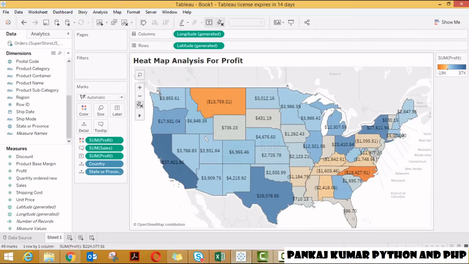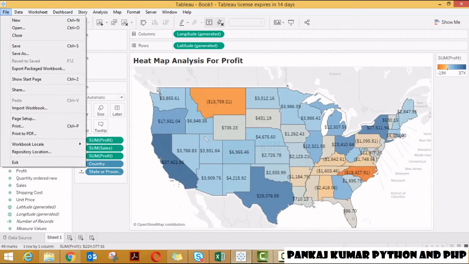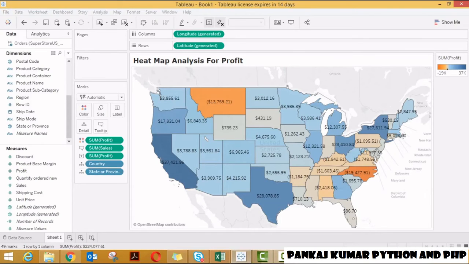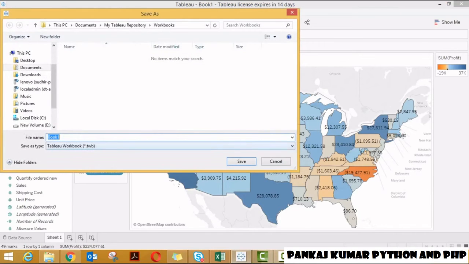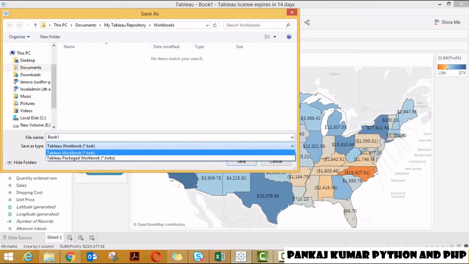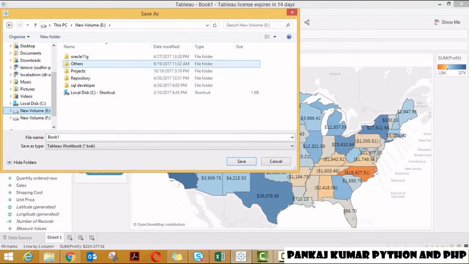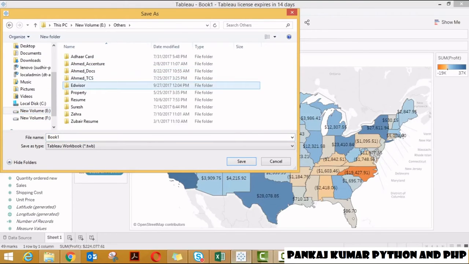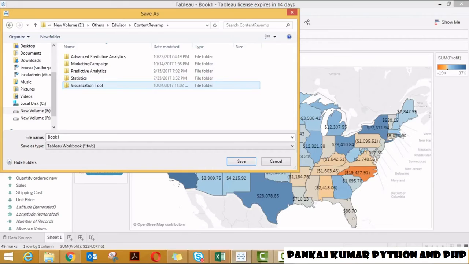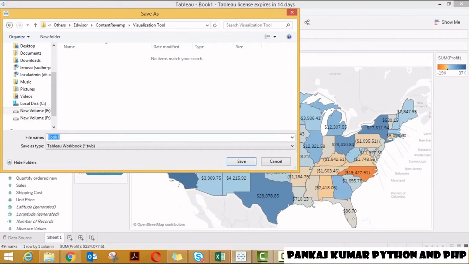So now let us export this worksheet to our hard disk. You can just click here and save as. You can save the workbook here, but let me predefine some location. Let me save this workbook for our further analysis.